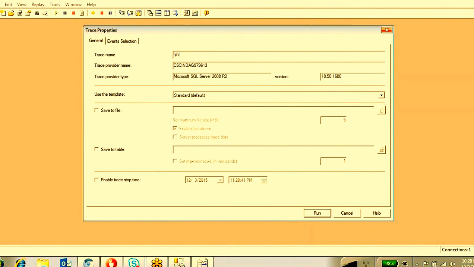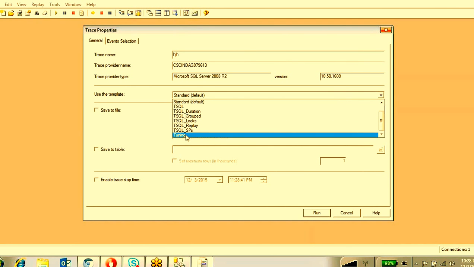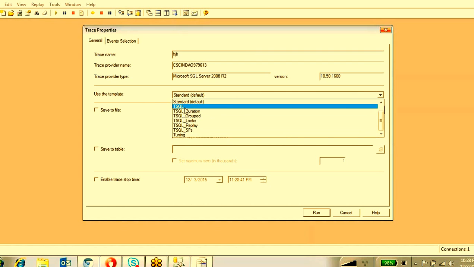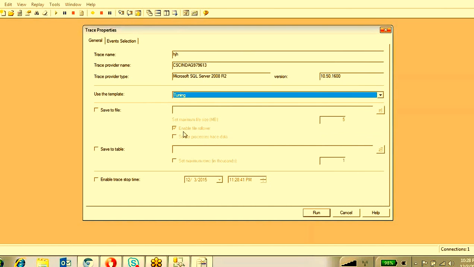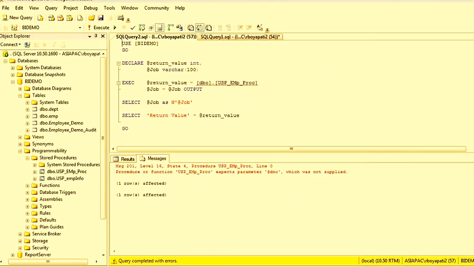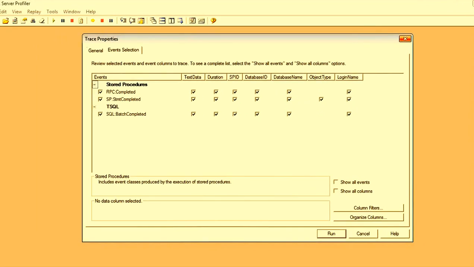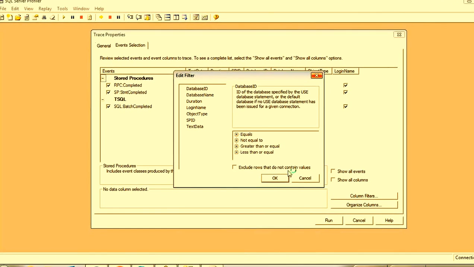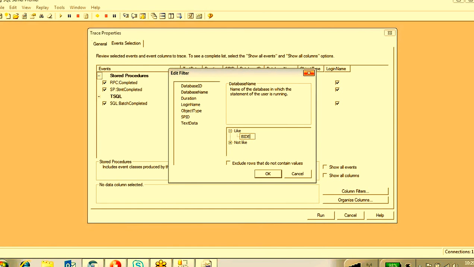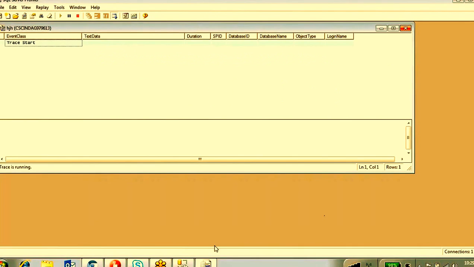Trace name, you can give any name, and this is tuning only. Event selection. What is our database name? BI demo. BI demo. Click OK. Run.